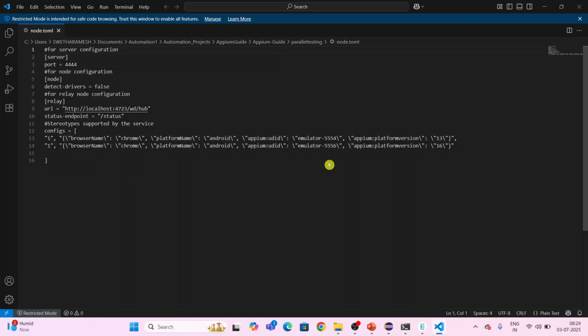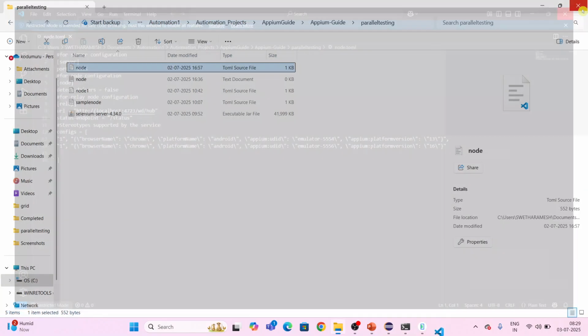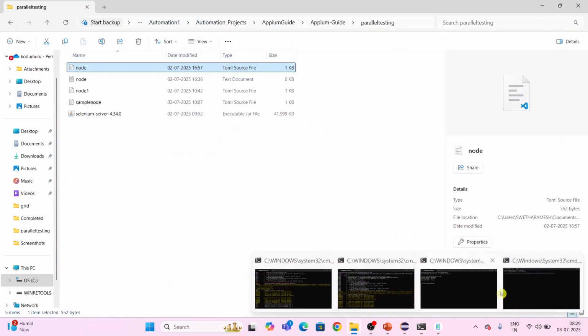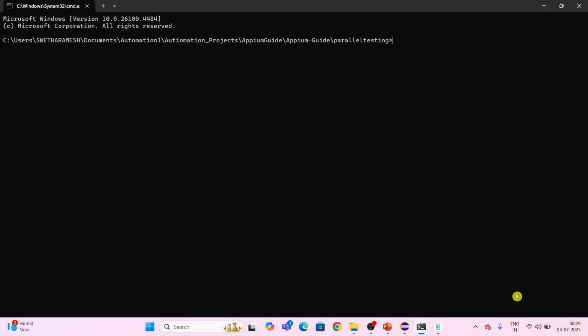So when you register the grid, as per this node, it creates the 2 sessions for each set of capabilities. So this is all about the node. Now we'll close this one, and we need to start the registration of the grid. So what command do we need to use? That is java